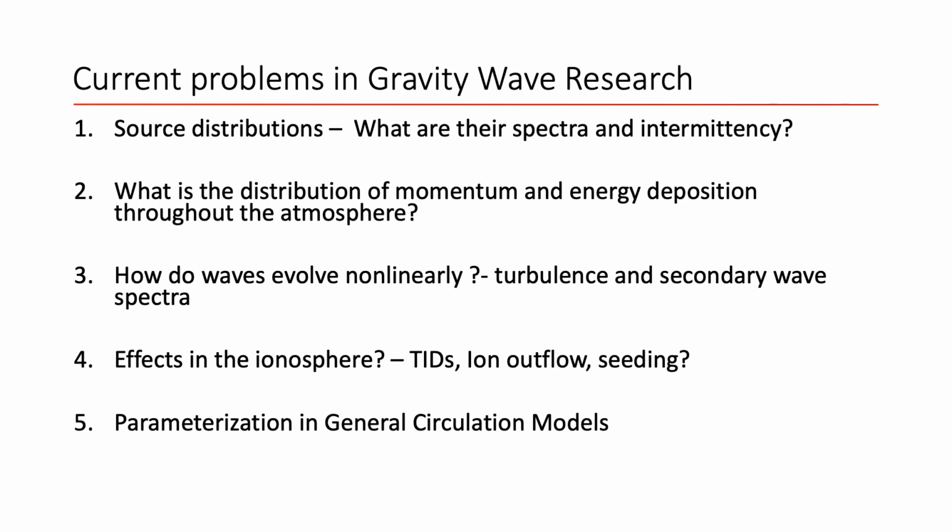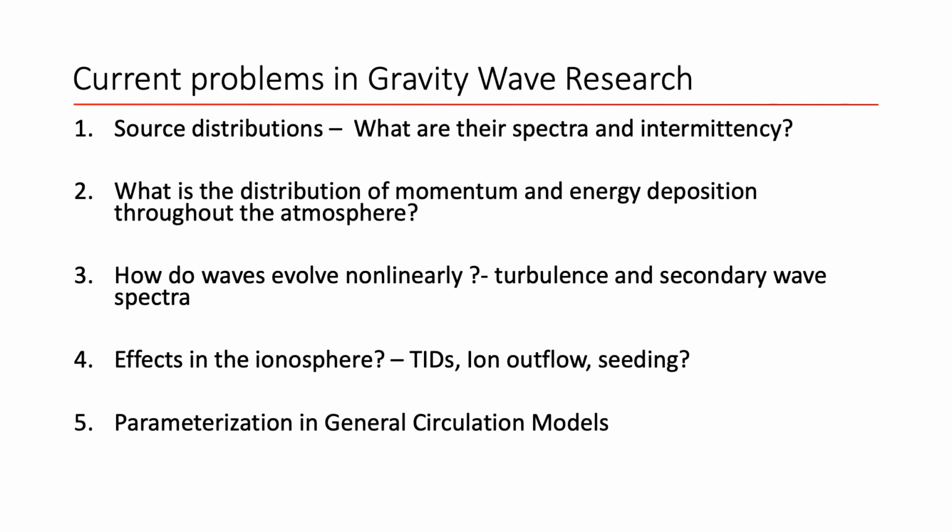And all of these really feed into the parameterization in general circulation models, which at the moment are poor. They need to prescribe a source distribution throughout the atmosphere and also an intermittency, which there's been some strides into, but in general it's still not well understood. Again, you have instantaneous propagation of these waves from their sources to wherever they deposit their momentum, which is crudely described by linear theory. There's not any consideration of non-linearity in these parameterizations,